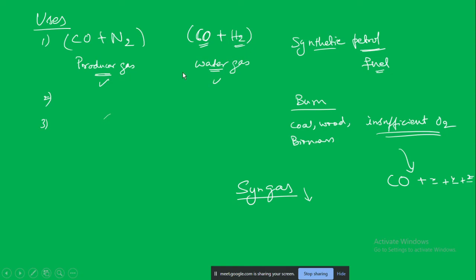Sir, when any vehicle runs, what kind of smoke is coming from the silencer? Can we say that the smoke will be carbon monoxide? It has both carbon dioxide and carbon monoxide. When petrol is burnt in the combustion engine of the vehicle, the gas coming outside will have both carbon dioxide and carbon monoxide.